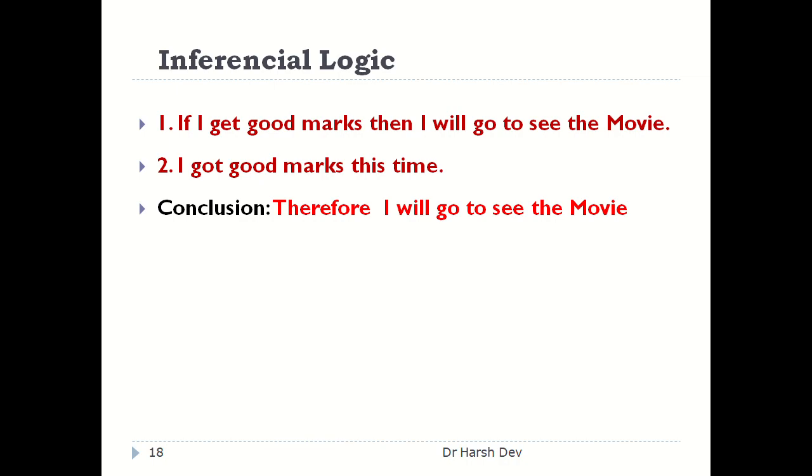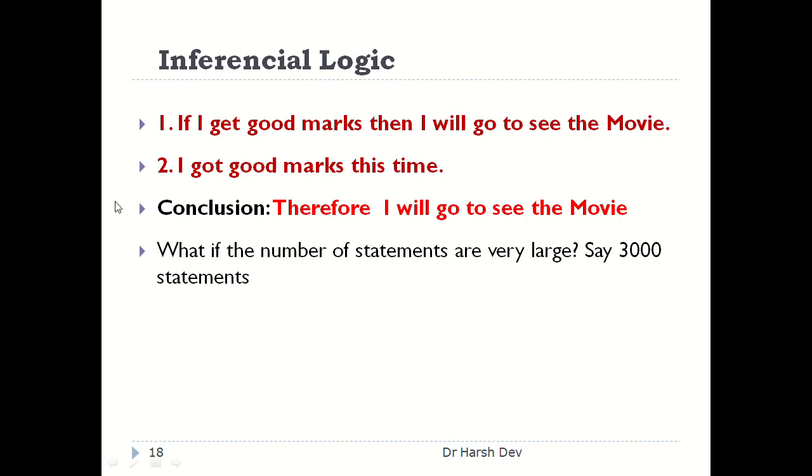However I am able to reach this conclusion, it is because there are only two statements. You can process these statements in your mind logically, and then you can conclude it very easily. But what about when these statements are not two? Suppose these statements are 3000. Can you really draw a conclusion from the given 3000 statements? Definitely not. Why? Because you cannot remember the 3000 statements simultaneously. Even if you remember, you cannot process these 3000 statements to reach the final conclusion.